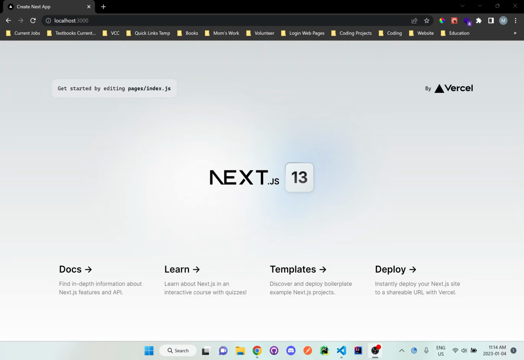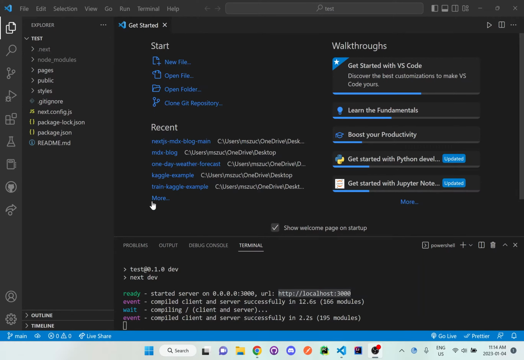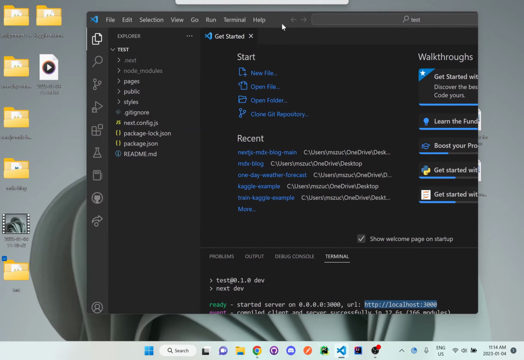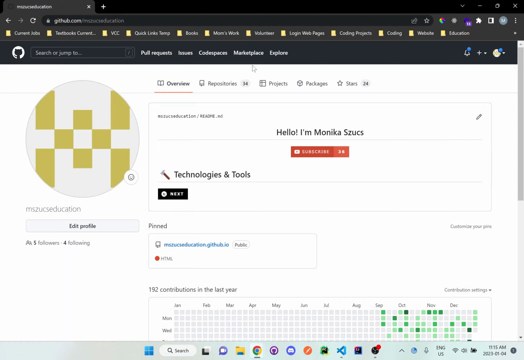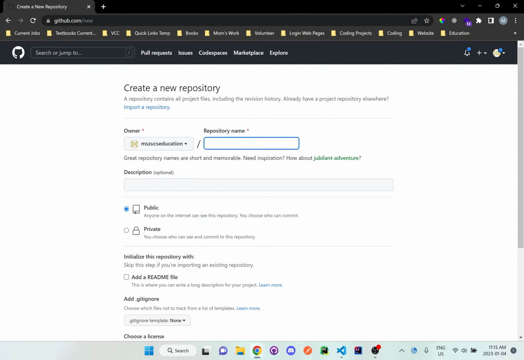Hi everyone, so we're going to look at how we can host this Next.js 13 application. So I got this default template right here, and I got the code set up on my desktop. Everything's ready to go. So what I need to do in order to get this on Vercel is first I need to actually go to my GitHub account. So I just need to go to my GitHub account here, and all I have to do is click on the plus sign, new repository, and then in the repository name, I can call it anything I would like, and